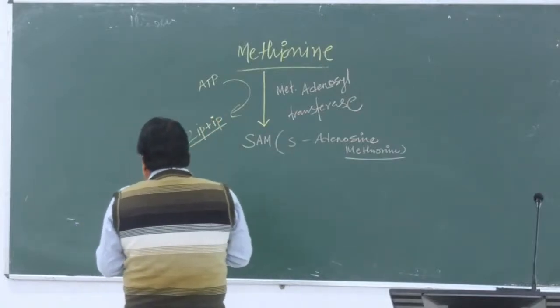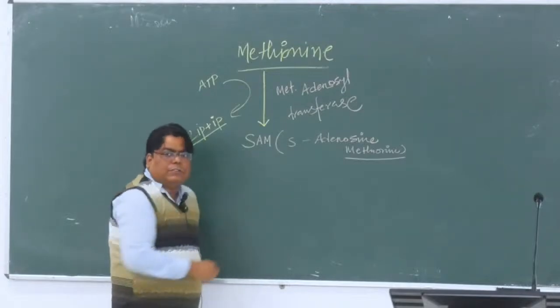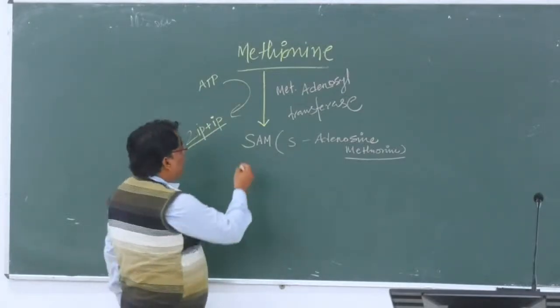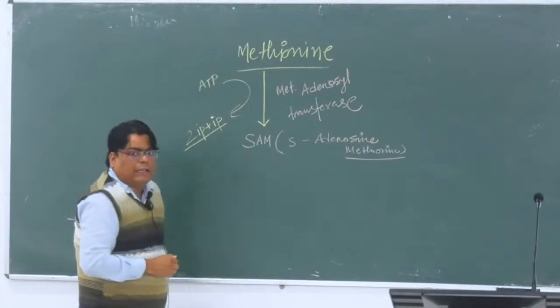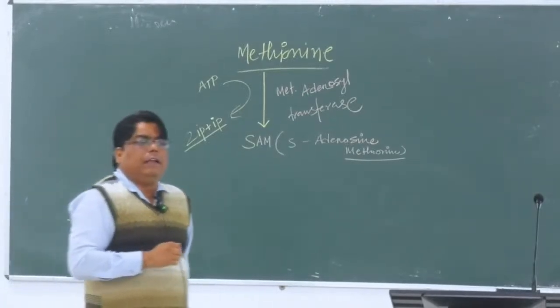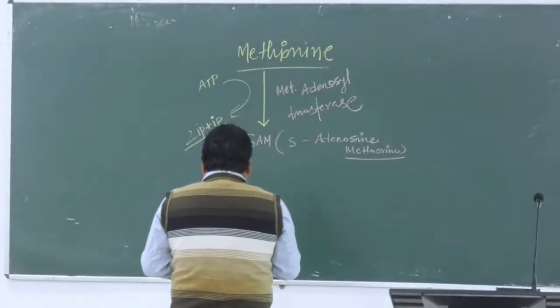So this being the first step, S-adenosyl methionine is what we call the universal methyl donor. Write in your notes, this is called universal methyl donor. Now, in the next step,